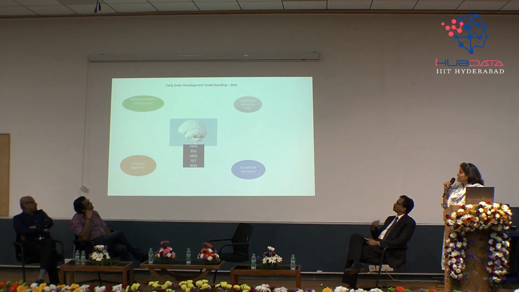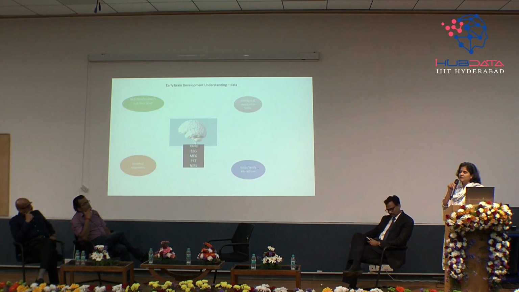So, when we collect data, the most important takeaway from this panel discussion would be that we need to actually get 360-degree data. That means it's not just the adult brain or an old brain, basically senior, but we need to understand everything, right from nutrition, mother's nutrition, all the way to genetics, epigenetics, social family interactions, infections, exposure to time. All these are required for us to actually make any inferences about the data we collect from any of these modalities. Okay?